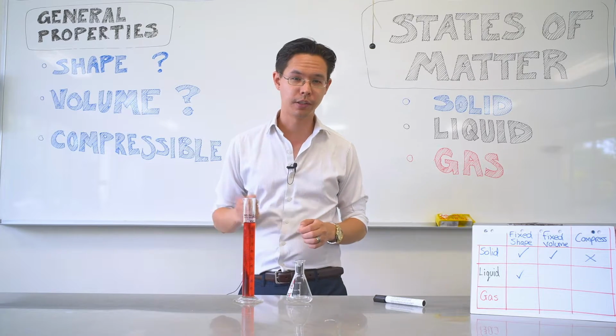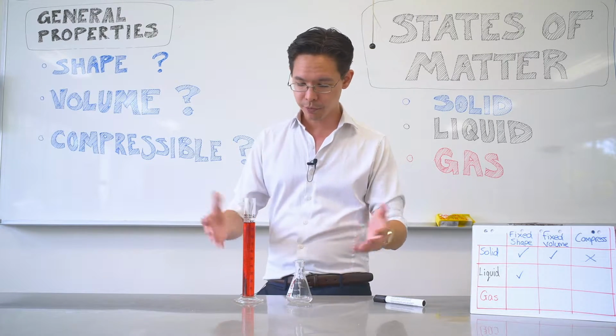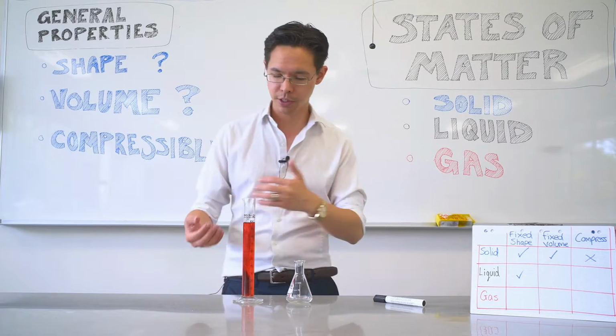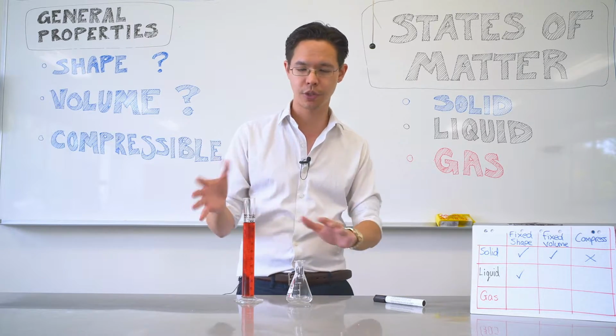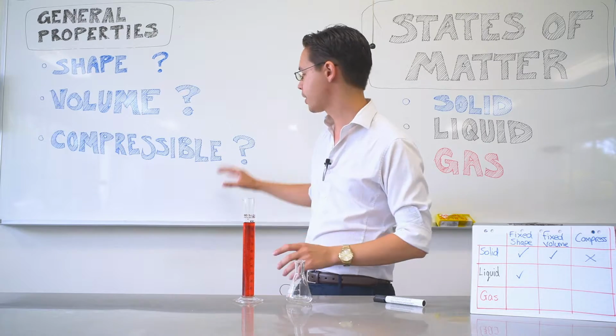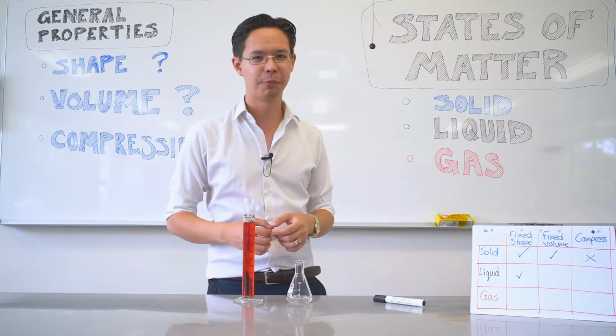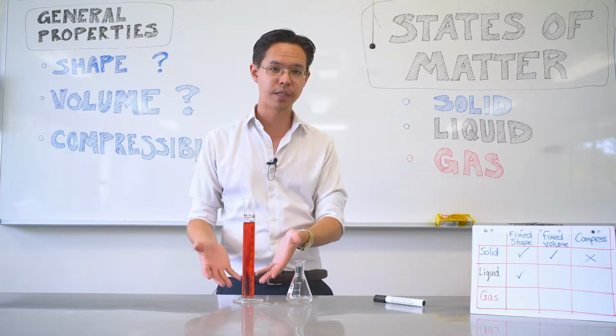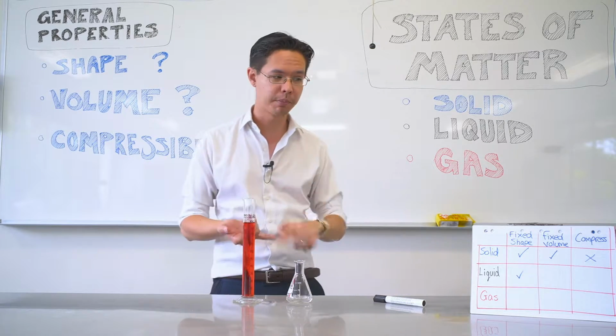Now we're going to get started on liquids. Liquids, I've got some water in this container here. I've just added a bit of food dye to give it some visual contrast so you can see which jar I've poured it into, because our background here is white and I'm dressed in white as well. But you can imagine this as a good representation of most liquids that you're familiar with, like milk and water